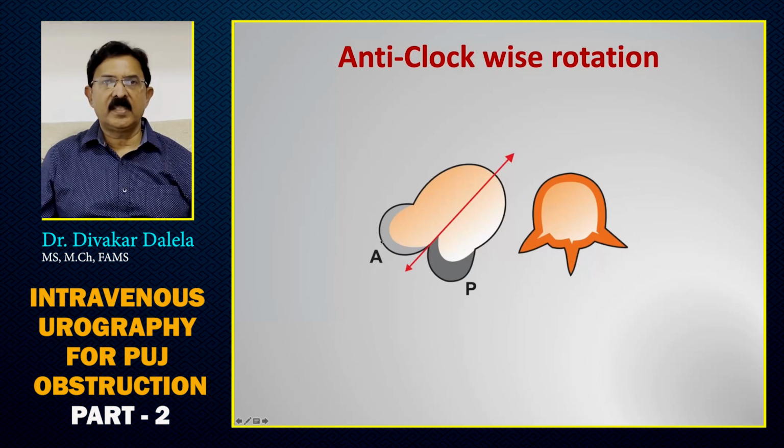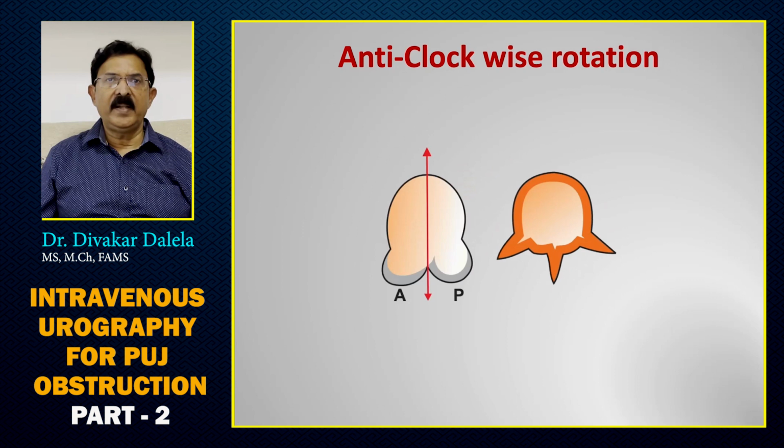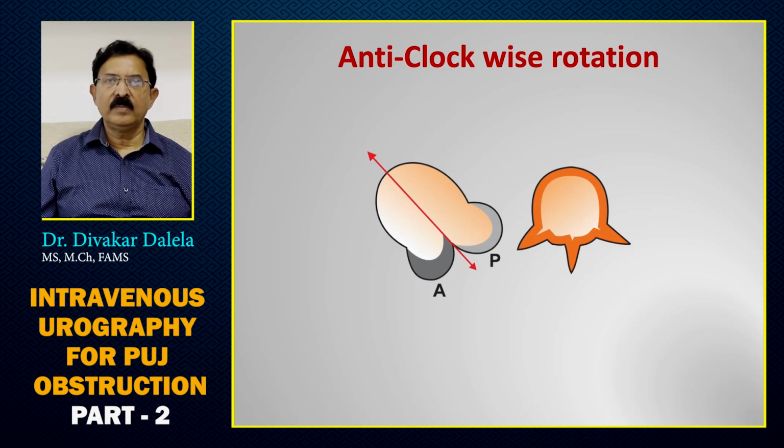In a normal cross-sectional anatomy, when the patient is lying supine, the contrast will layer down more in the posterior calyx and less in the anterior calyx, and I tried to show this by changing the tone of the grey color here. If the kidney rotates a little anti-clockwise, now you appreciate that the anterior and posterior calyx are lying almost at a similar level, so they have the same density of contrast. But if the kidney rotates more, then you will notice that the anterior calyx is more opacified than the posterior calyx.